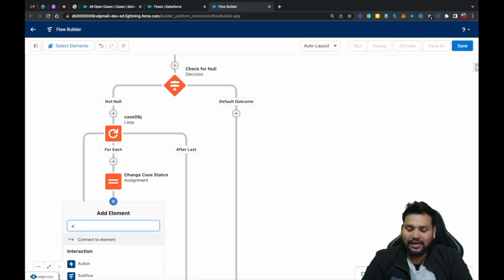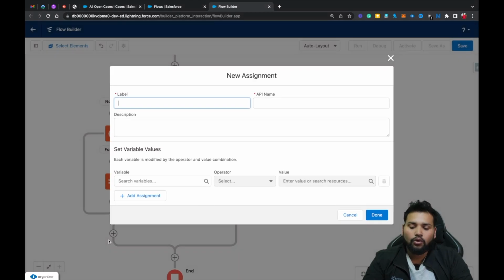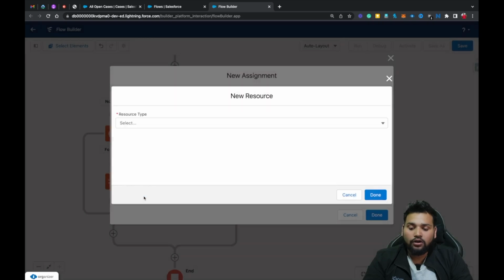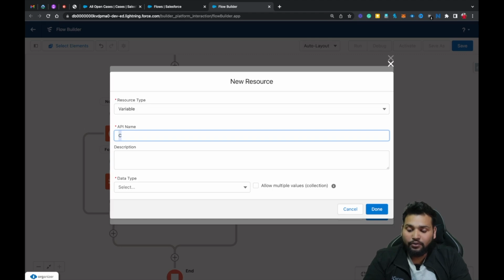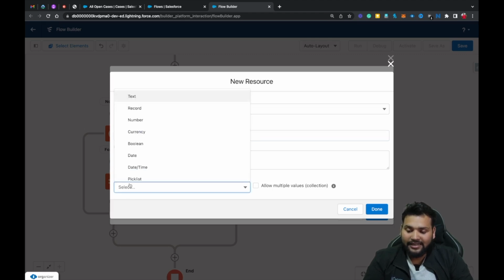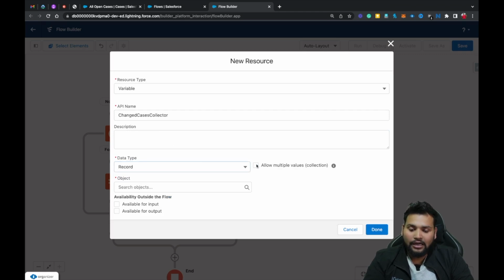Then I need to use another Assignment element in order to store all the changed cases. I also need to create a record variable in order to store all the cases which are changed. Here I need to provide an API name, that is changedCasesCollector, and data type would be Record, and allow multiple values as it is going to hold multiple values.